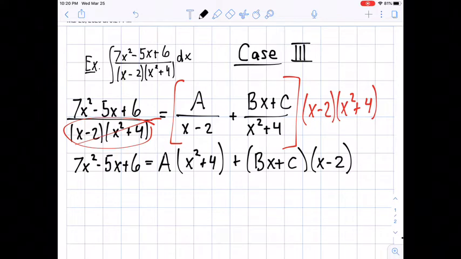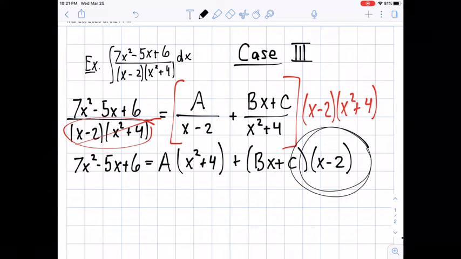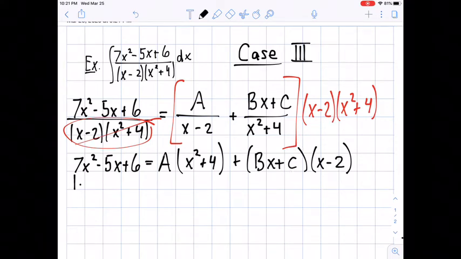And now we know we have two methods that we can use to solve for a, b, and c. First we check, are there any nice values of x that we can plug in that are going to allow us to solve for one of those variables. And yes, we do have an option, specifically because of this x minus 2 term. We can plug in x equal to 2 to start with. So if x is equal to 2,